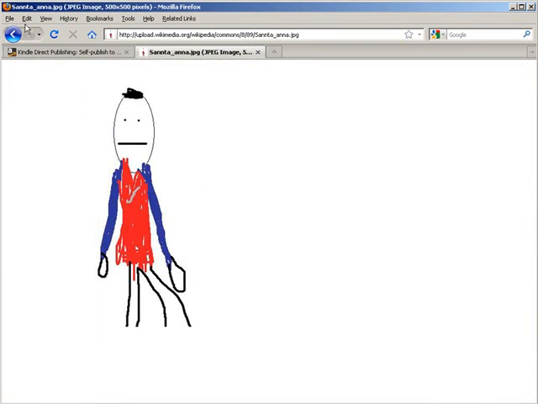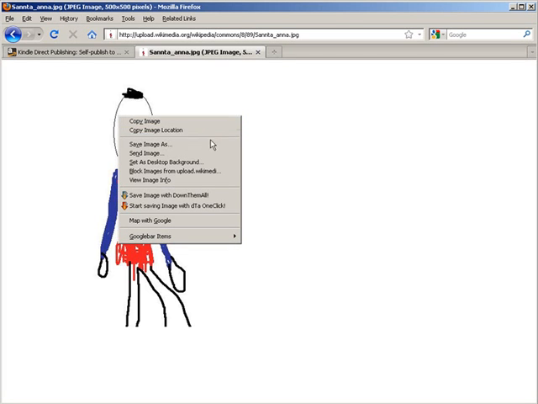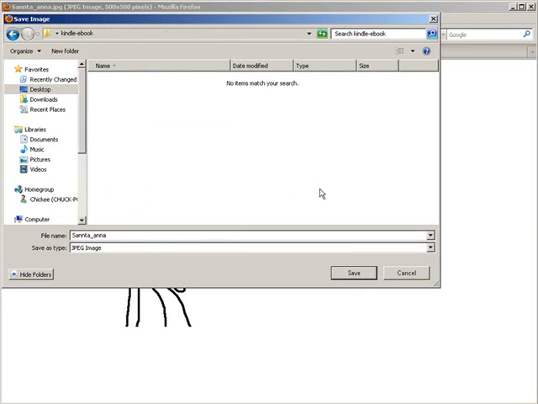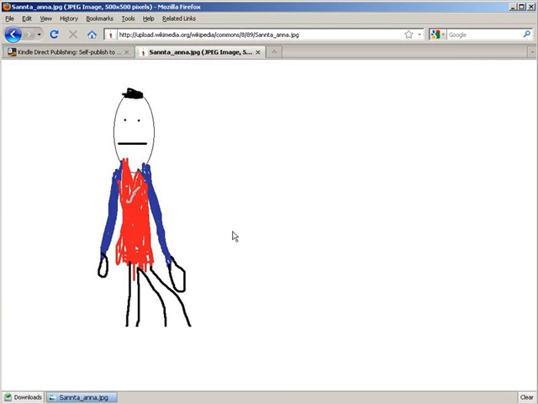Okay, so if we're going to use this one, we can click on it and just do a right click. And then we can just do Save Images in Firefox. Depending on the browser, it'll be worded a little different, but let's save this one. And then, okay, so now it's on our computer, and then we can take it and use it in our